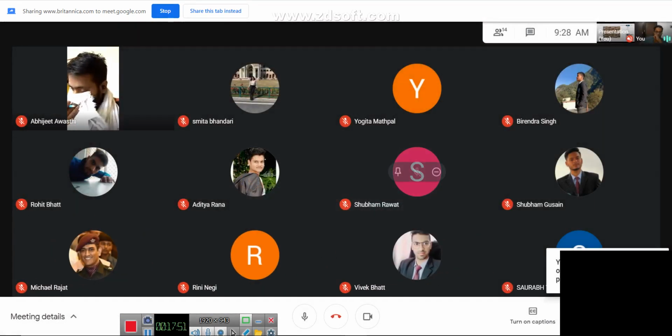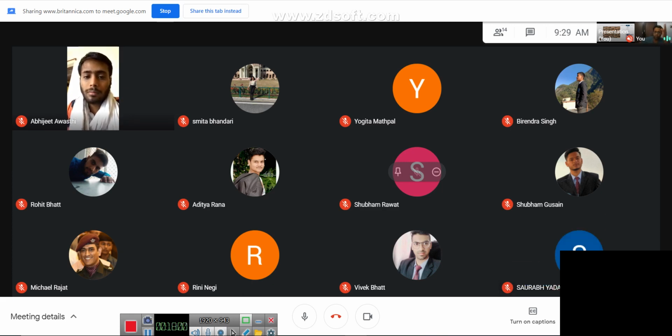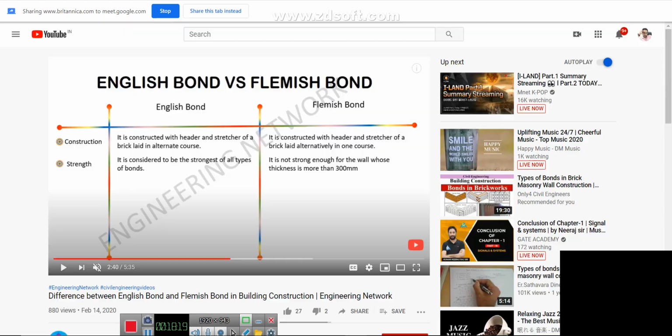Actually, this subject of construction material is very much important throughout your career. Even after you complete the semester, if you are going for higher studies or any competitive exams for a job, this subject, in some universities the name will be different. It may be building material or building construction. These papers have very much weightage. So this question you should not forget, which is stronger.